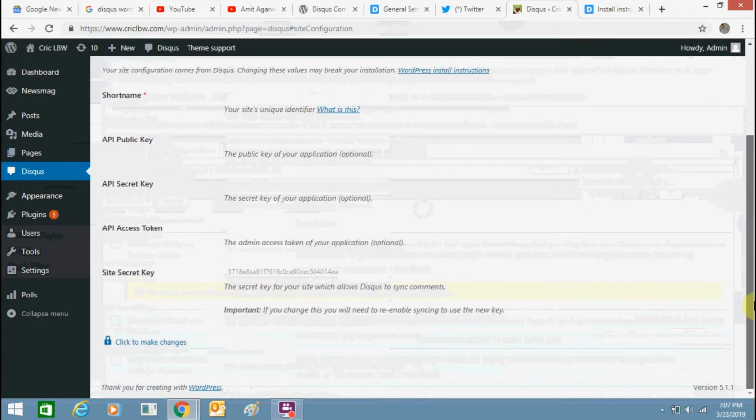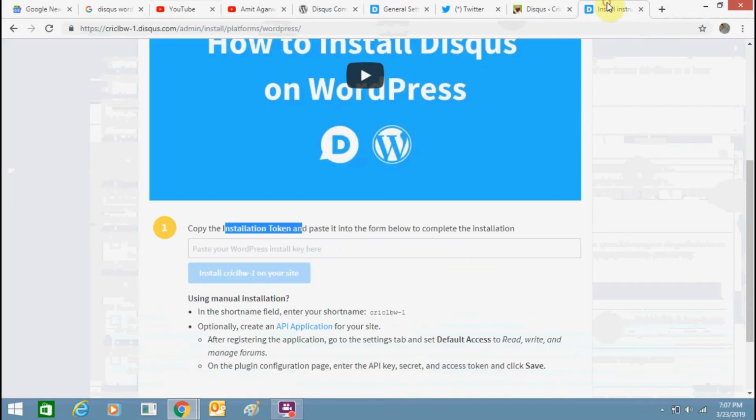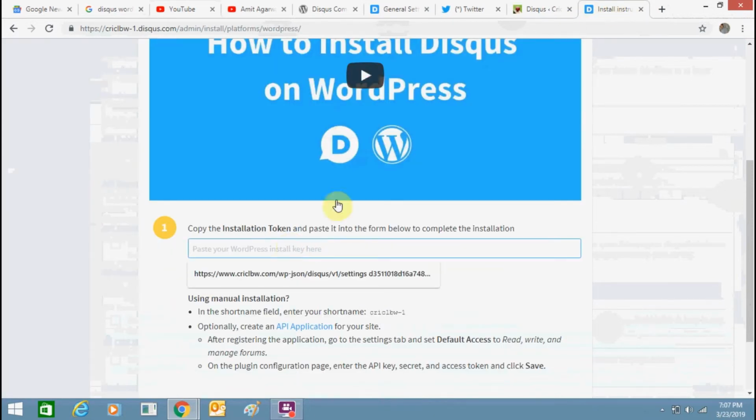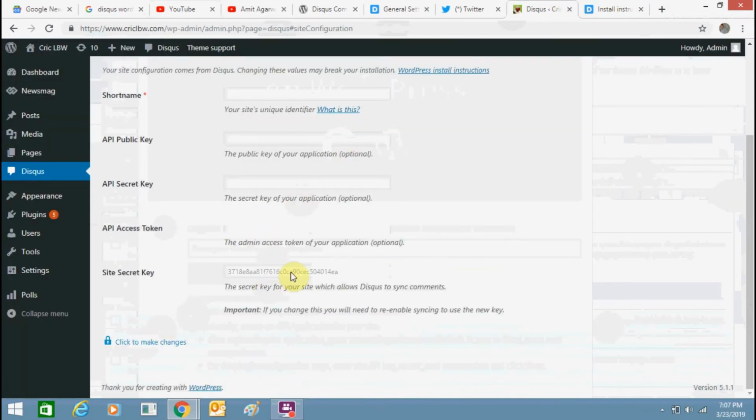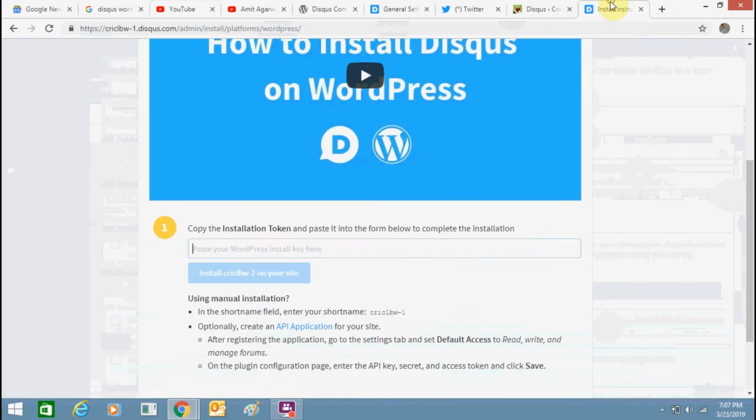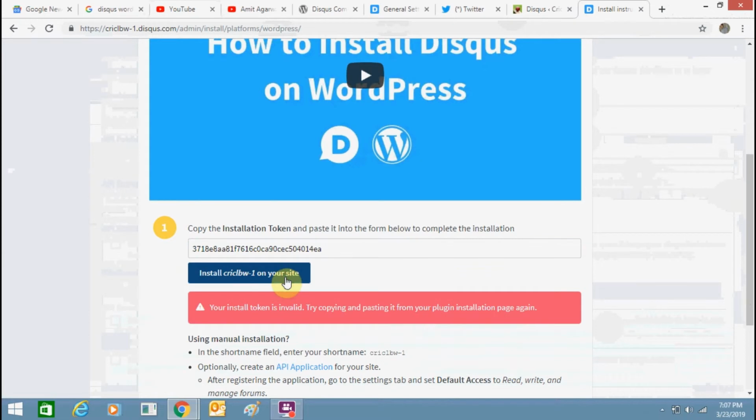This is a secret key which it's asking for. Just click make changes, copy this key and paste it over here. Install.